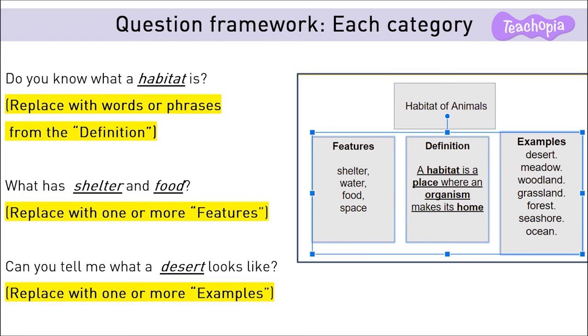Do you know what a habitat is? What has shelter and food? Can you tell me what a desert looks like? Now, here we see that for each of these questions, we can replace different words from the vocabulary set and